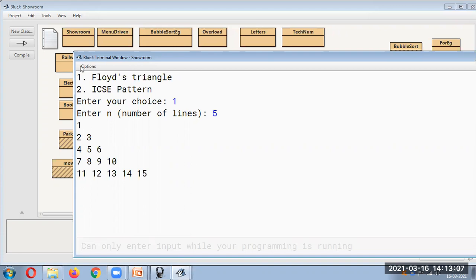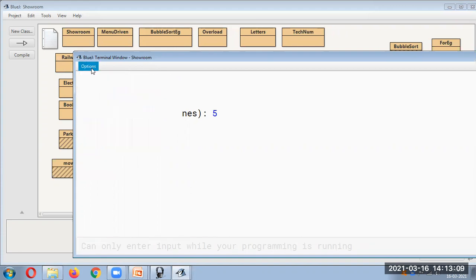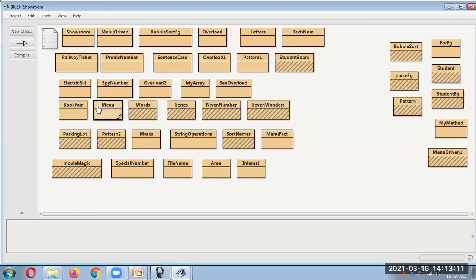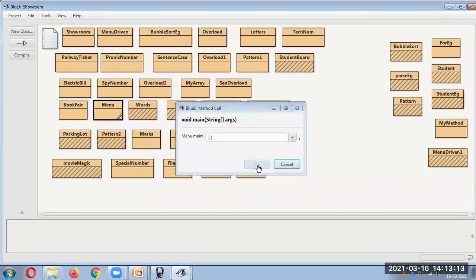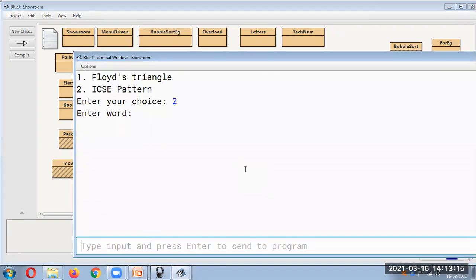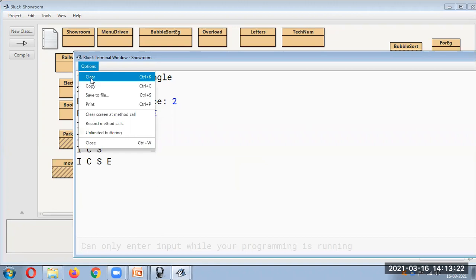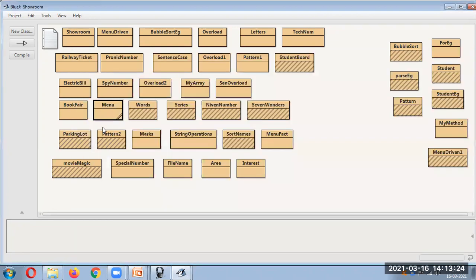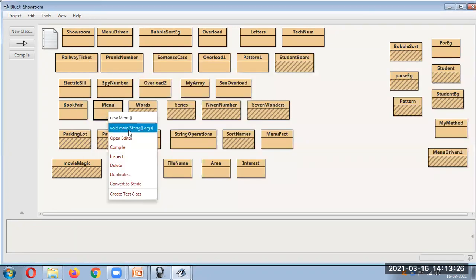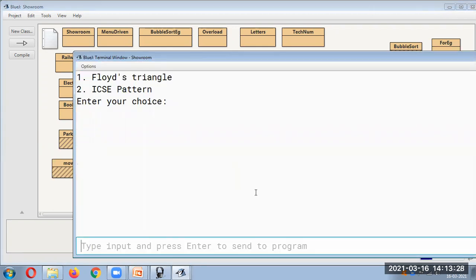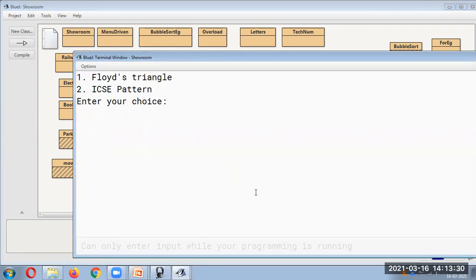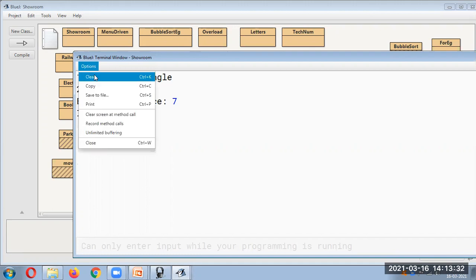So this is the Floyd triangle, the first one. Then we will take the second one. Enter the word. I will take ICSC. This is how we will get it. And the last option is, let's say 7. So in that case, we will get invalid choice.